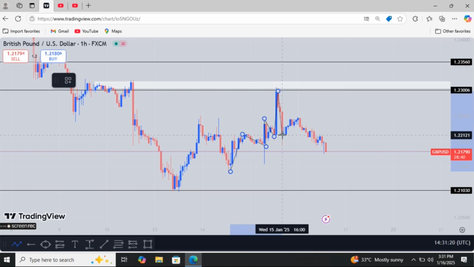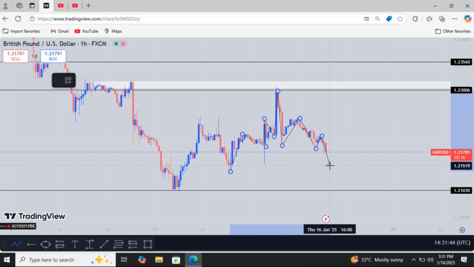the market took out the last lower high and the higher low on the 1 hour time frame, and it pulled back to form a lower low, and it formed a lower high, a lower low, and we are forming a lower high. As you can see, now the 1 hour market structure has switched from bullish market structure to bearish market structure,